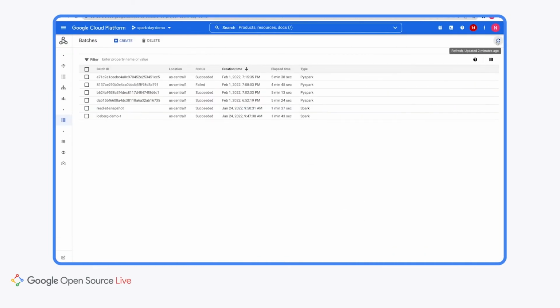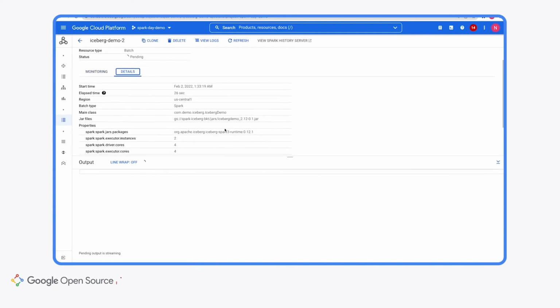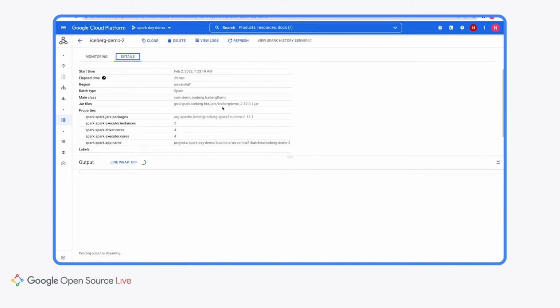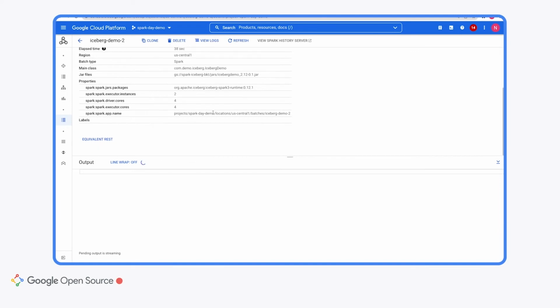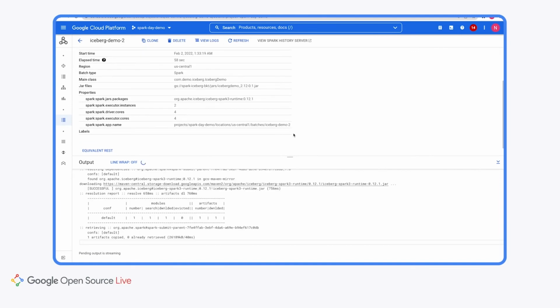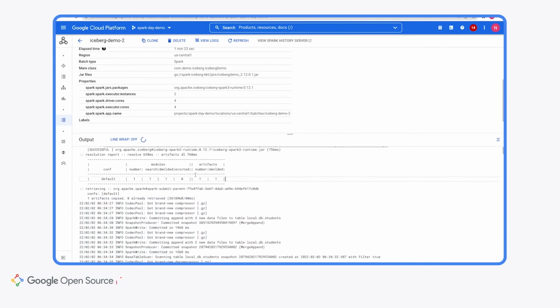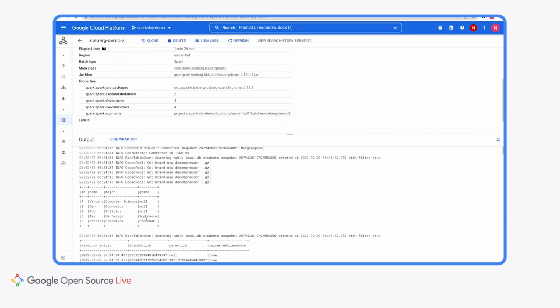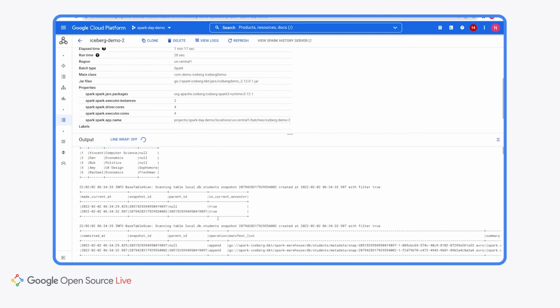So once I submit my job, let's jump over to the console and see that our job is submitted successfully. While the job is running, we can also see the information we provided at the time of job submission, and also the driver and executor cores that have been assigned for my specific execution. Once the job completes, we can view the output either in this console or from the gcloud CLI where we submitted the job. The job is now completed and we are able to see all the records from the students table that we wrote to it.